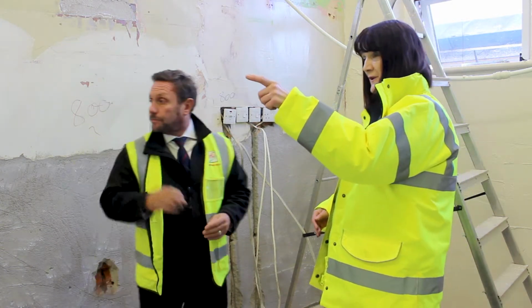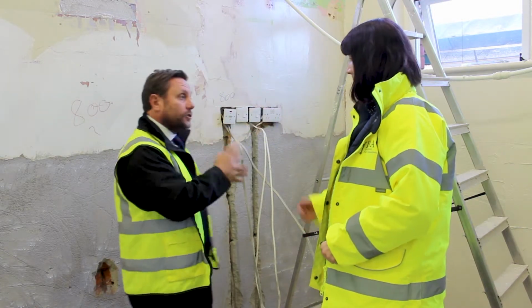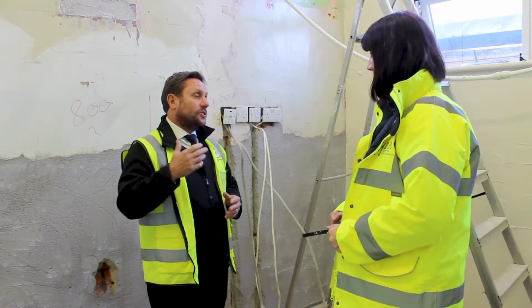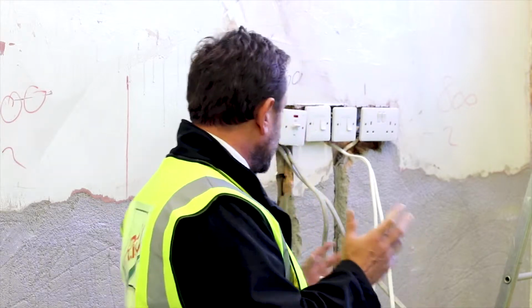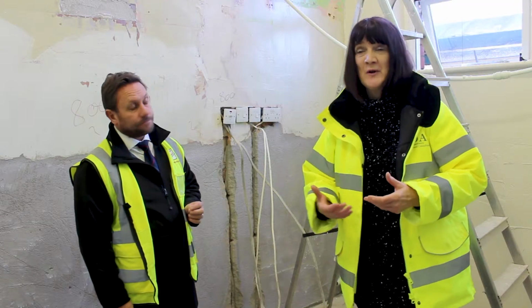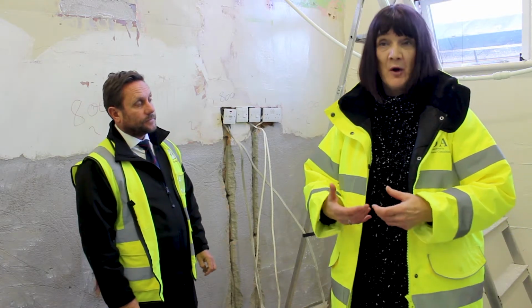Because the rest of the kitchen has all got the wires coming down. They have, yeah, everything else has been done, but we just noticed that they probably forgot to do this one. But in these instances, it's not worth taking the risk. It's better to be safe than sorry, so the best thing to do is do it now while we're in this position. So there's some advice here for anybody who's thinking about using the Highline plaster or making your home flood resilient: we're learning lessons here so you don't have to. Make sure beforehand that all the wires are coming down and not coming up above the highest flood level that you've got